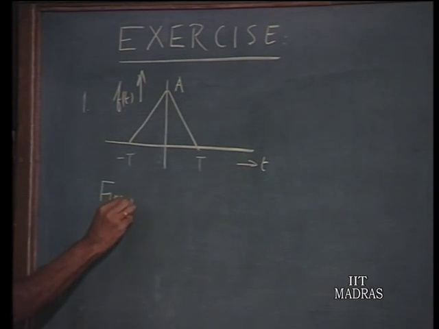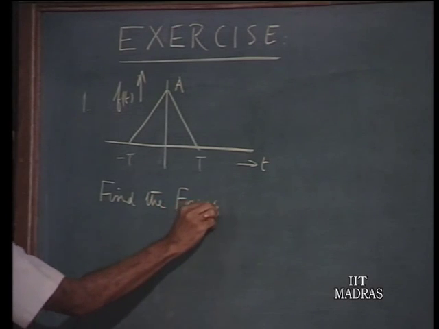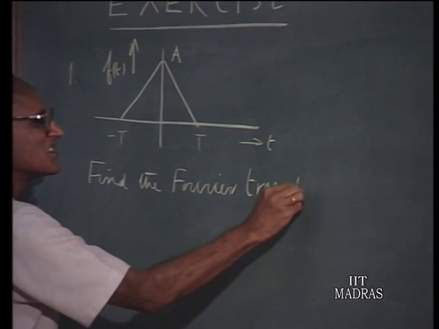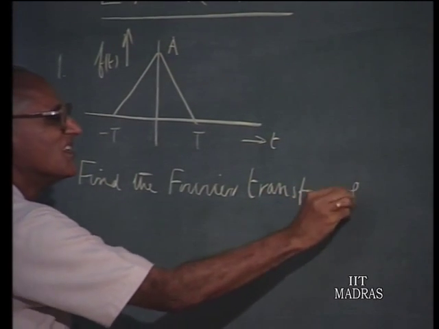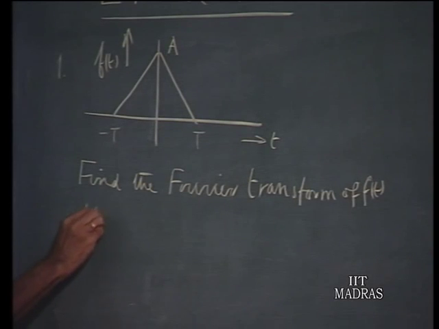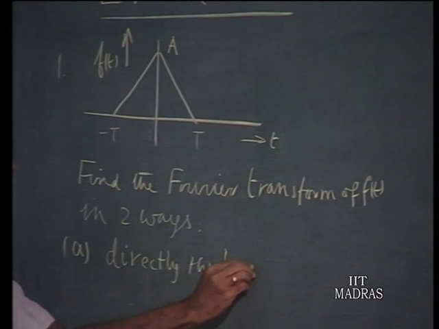Find the Fourier transform of f of t in two ways. A, directly through integration,